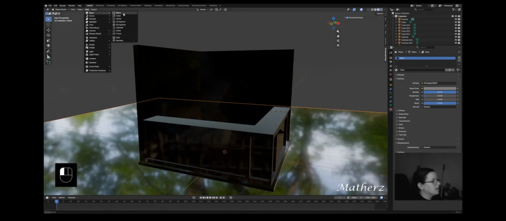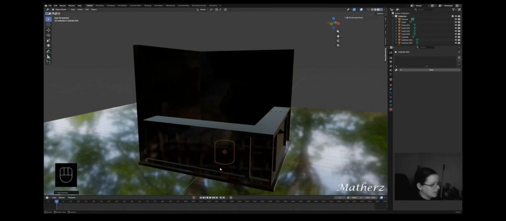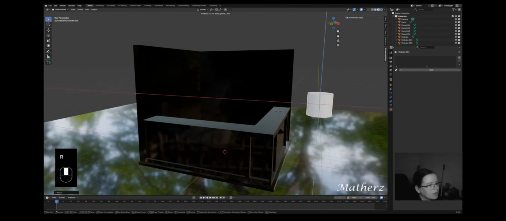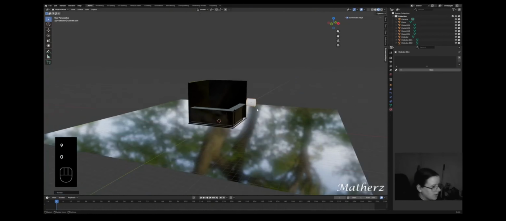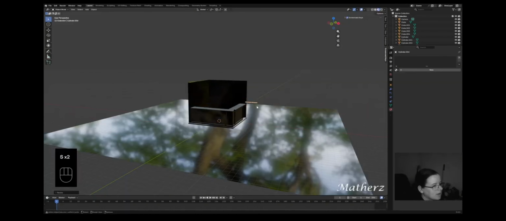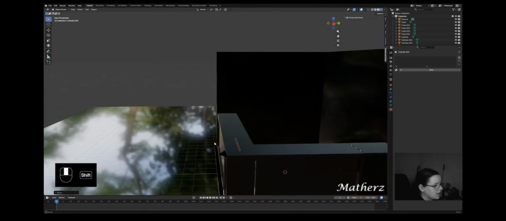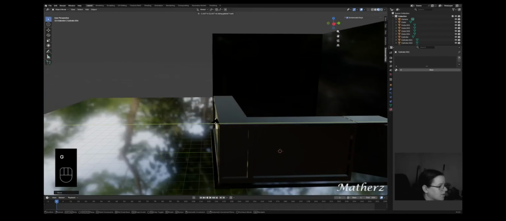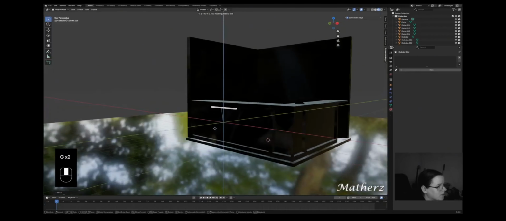So let's go add. I'm going to go with cylinders to begin with on the lighting. So we could have like inlaid lighting, but to be honest with you, I think maybe this would be a lot better if we went with cylinders. So let's go and rotate these 90 degrees. You just want to make these as little strips. So let's go S for scale, bring this back. Let's press G, bring this across, and we're going to go ahead and just place these where we need them to be. So let's go with G, bring this forward, bring this up,